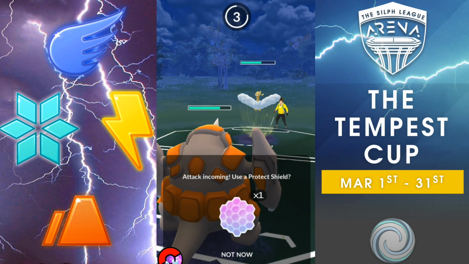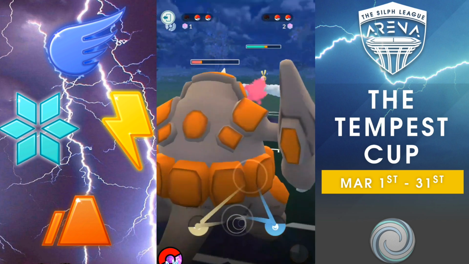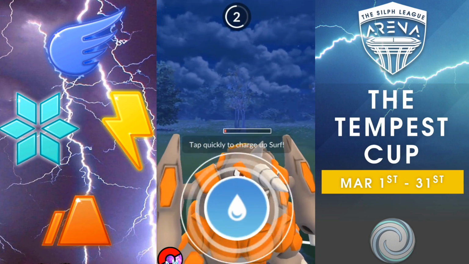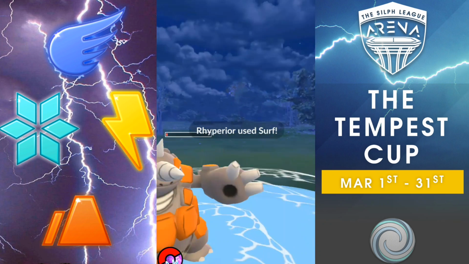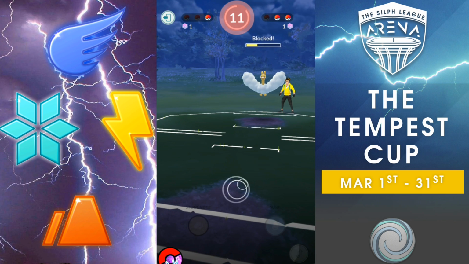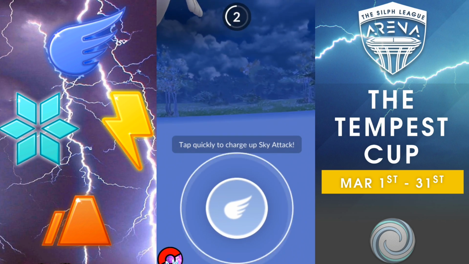Bring in my Rhyperior with that Smackdown, dealing super effective damage. And we're going to go ahead and take that Dragon Pulse, doing quite a bit to that Rhyperior here. And it is digging into that Altaria itself, though. We're going to go ahead and bait that shield. Or, I don't know, maybe he knew Surf was coming and he just shielded anyway to preserve that Altaria's Dragon Breath of Madness. Now we're going to go ahead and bring in Lugia and immediately hit that Sky Attack there